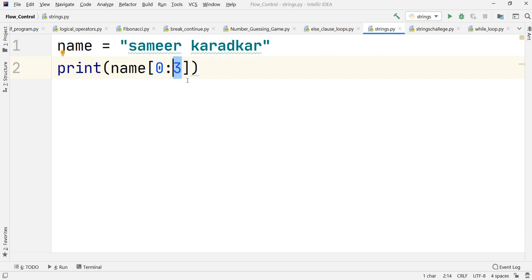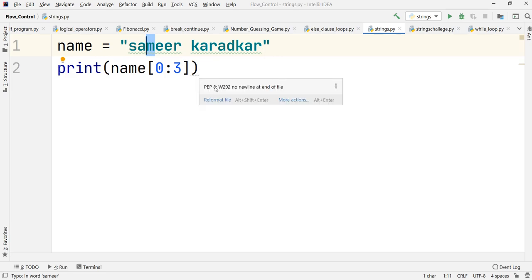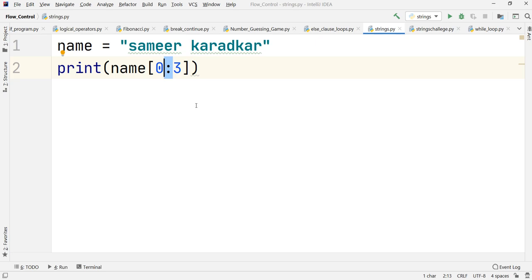But like what is being done in the range function, just know one very important thing, that the last value or the last character will never be considered. So the 3rd position character will not be shown. Only values from 0 to 2, one value less than this, will be displayed onto the screen. So this is 0, this is 1, and this is 2. That is why SAM will be shown onto the screen. This is how we can use it. You'll have to put a colon between the starting value and the end value. An important thing, the end value will never be considered, only one value less than that.